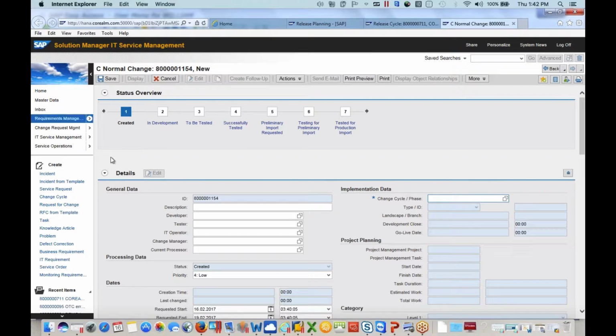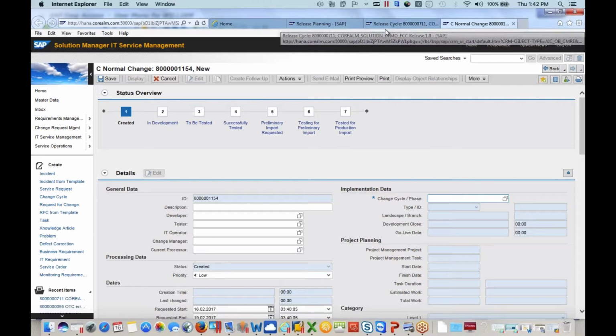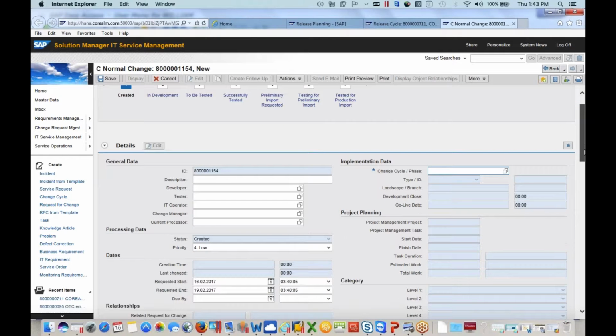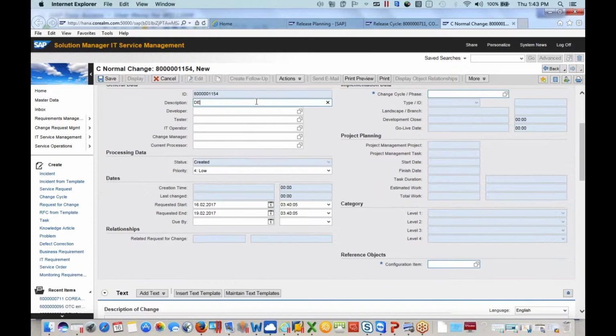Like any Charm document in Solution Manager, you have different phases, like I showed you for the release cycle. That's where you control the container. This is the individual document that's going to be part of your container. So it also has different phases: created, in development, to be tested, successfully tested, and all these different phases, which control the life cycle of your document. I'm just putting in something like the demo,